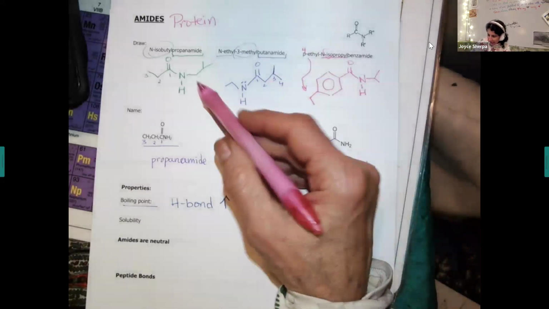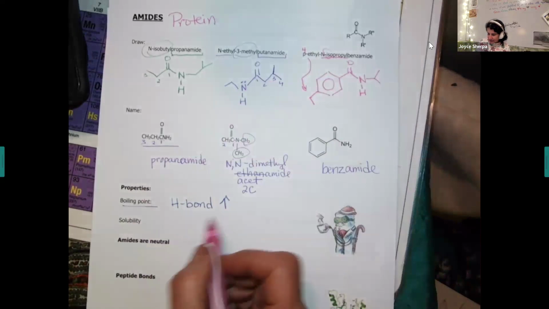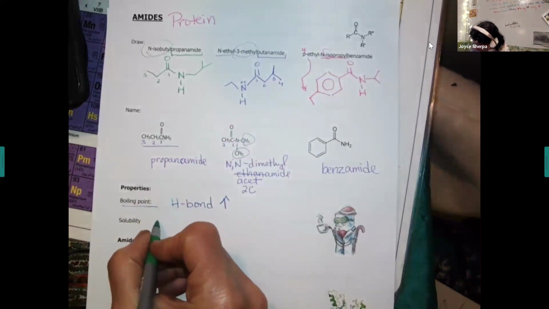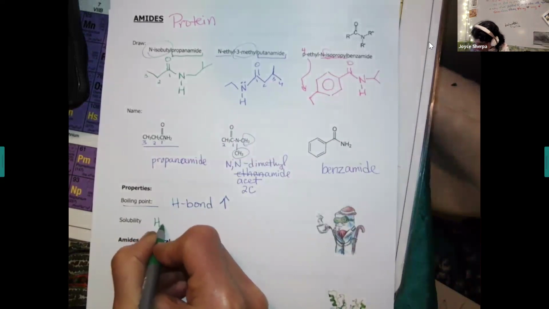When I have other things, I like to draw it either above or below, but you do want to make sure nitrogen has 3. But all of my nitrogens had at least 1 hydrogen. And so that H bonding means these are going to be in that category with the alcohols and amines and carboxylic acids. And solubility. So again, these guys do like water, they love water, as long